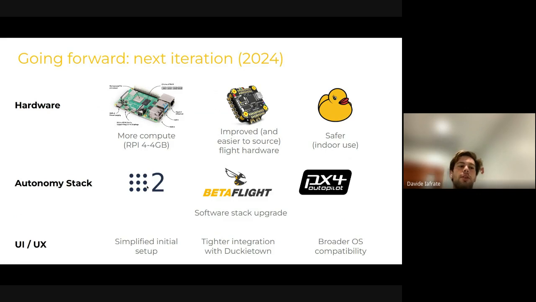So we're going to support ROS 2 and Betaflight, and eventually also the PX4 autopilot. And regarding the UI and user experiences, we are also making several improvements in terms of simplifying the initial setup, having a tighter integration with the overall Duckietown ecosystem, and having a broader OS compatibility for the base station laptops.